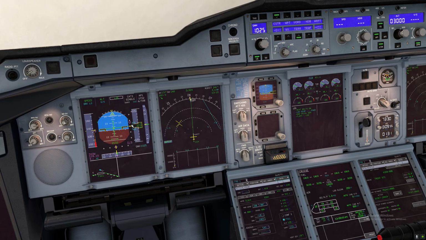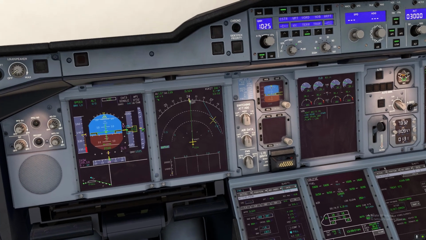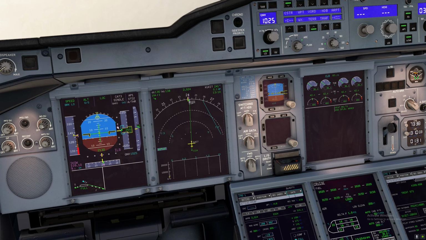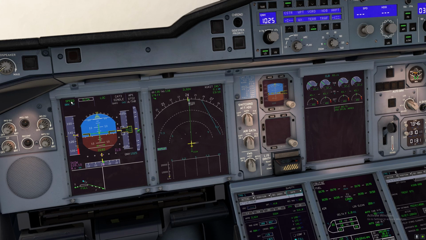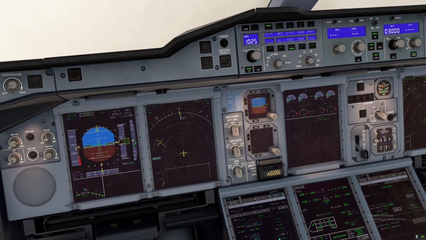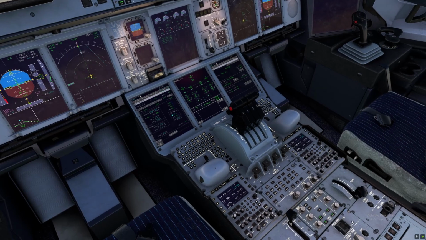Glide slope is coming up because of that diamond. If the diamond's lowering, that means it's working. If it's rising, then it means you're too high and you're not on profile, so you will have to sort that out. See, glide slope's engaged by the PFD screen. So at this point, I'm going to get the gear down. 2,500 feet, no later. So auto brake is set, spoilers are armed, flaps are full,